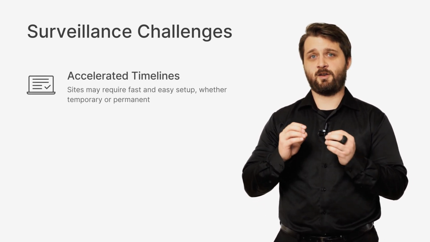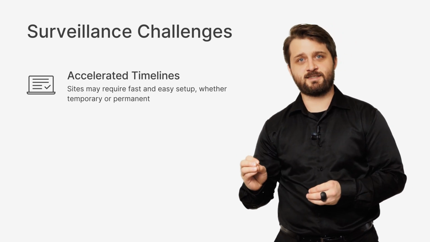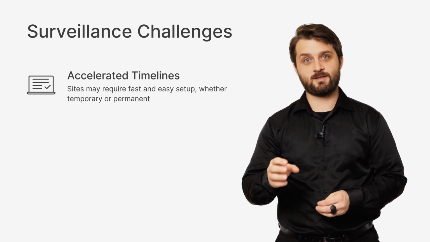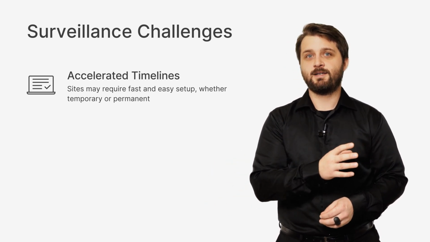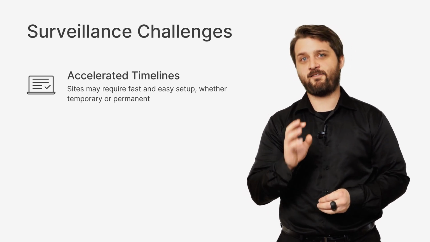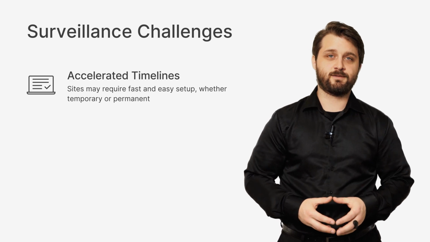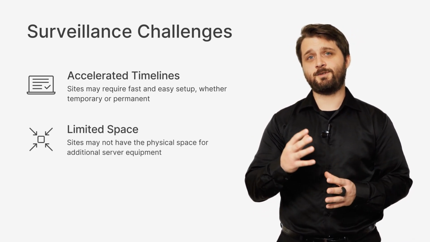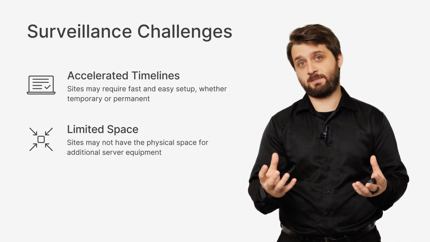If we're talking about an organization that has accelerated timelines, having a cloud-based video management system like C2 Surveillance Station is invaluable because essentially you just need to install the cameras, provide them power and networking, and they're immediately able to protect your environment. So in those kinds of environments that have a quick setup time requirement, then having C2 Surveillance Station as the go-to video management system is a good selection. Likewise, if you're working with an organization that has limited space, using C2 Surveillance Station is a great solution because only the cameras take up physical space in your environment.